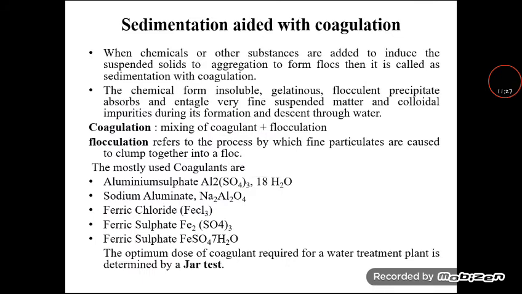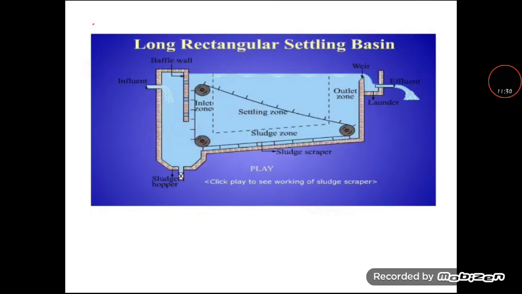So at the inlet and outlet, we have the baffle walls. This arrangement is provided to avoid shock load, because while the water is continuously flowing in, in the continuous flow type or in the intermittent type, the particles present in the water already inside the tank start to settle down. At that time, the water coming through the inlet may affect the settling of the particles already